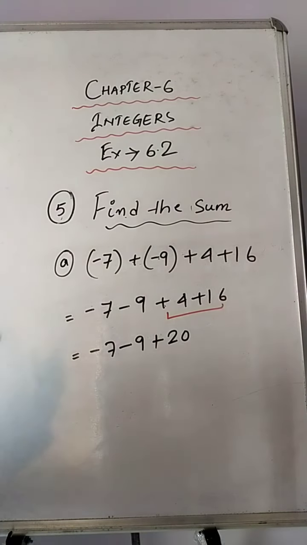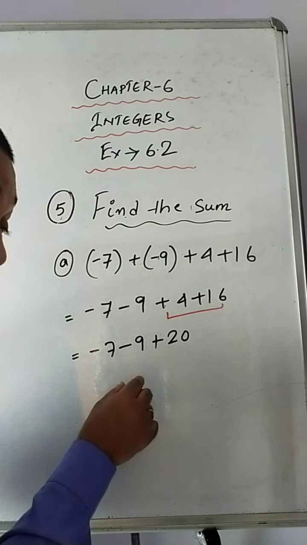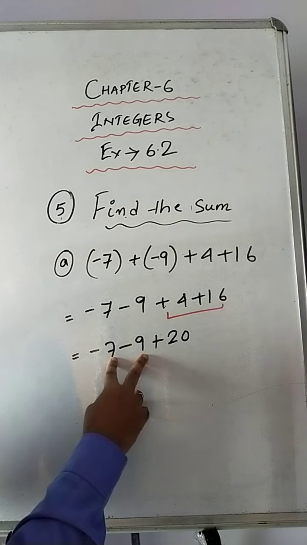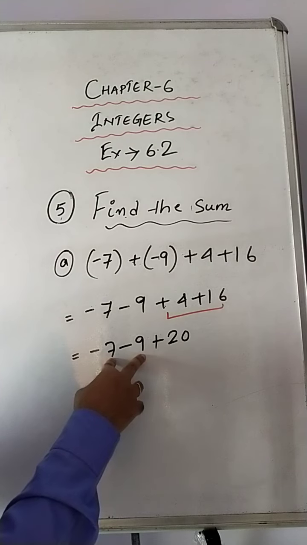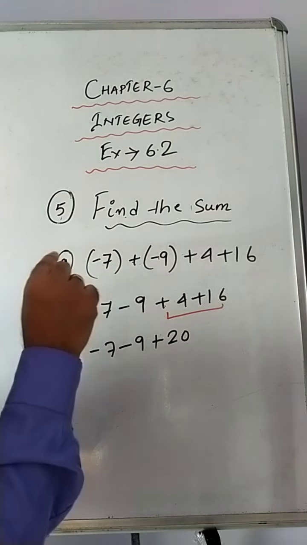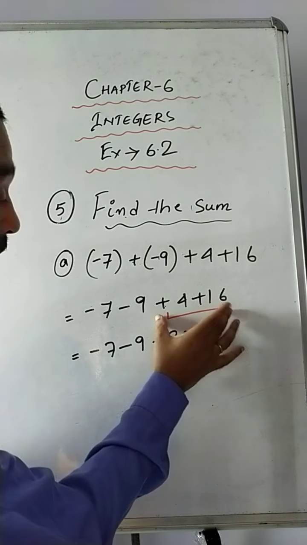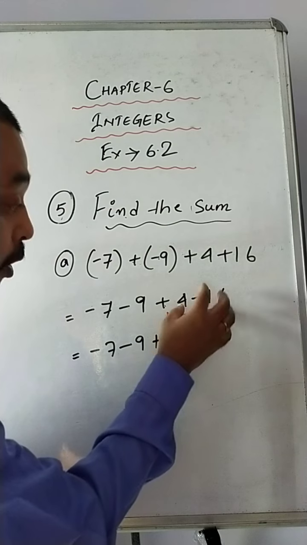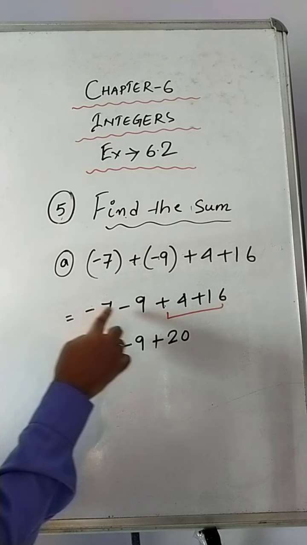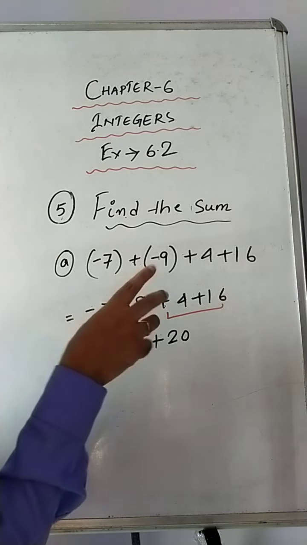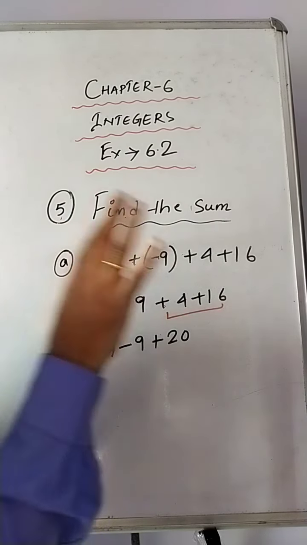Okay, and similarly students, I want to say that the numbers which are carrying the negative sign, I repeat, for that case also you have to add all the numbers, but with the answer you have to put a minus sign. So what is the difference between this and this? When you are adding all the numbers which are carrying the plus sign, with the result you are putting a plus sign, but when you are adding the numbers which are carrying the negative sign, in that case also you have to add, but along with the answer you have to put a negative sign. This is the only difference.